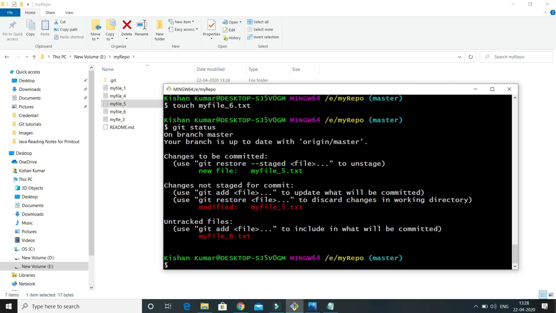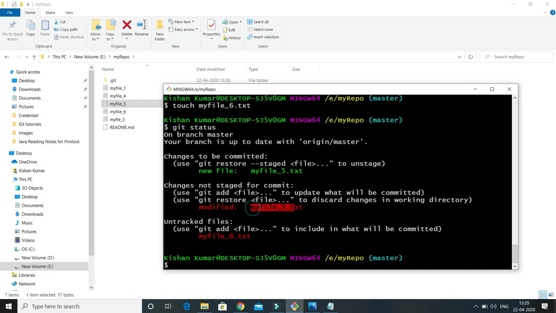So for this of course we need to add this in the staging area by using git add command, and then file name, right? Or we can do git add and a space period, then these two files again will be added into the staging area. But now my concern is this modified file, how we can add it in the local repository. We have two options. First we have to do git add then file name, after that git commit, right? We will use git commit and commit message. Then only we can add this in the local repository.